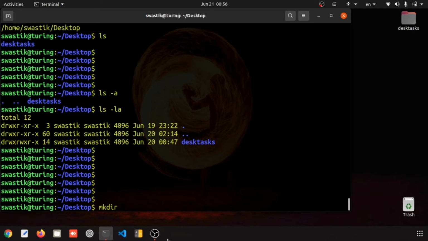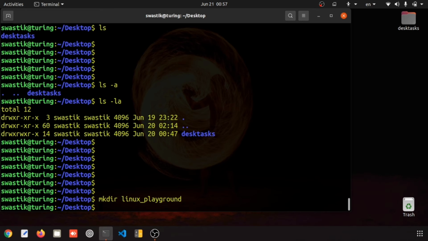So we will do mkdir and then Linux_Playground. I don't like to have my directory names with spaces, as sometimes it creates problems, so for this scenario I will replace the spaces with an underscore. You can also use spaces, no problem.